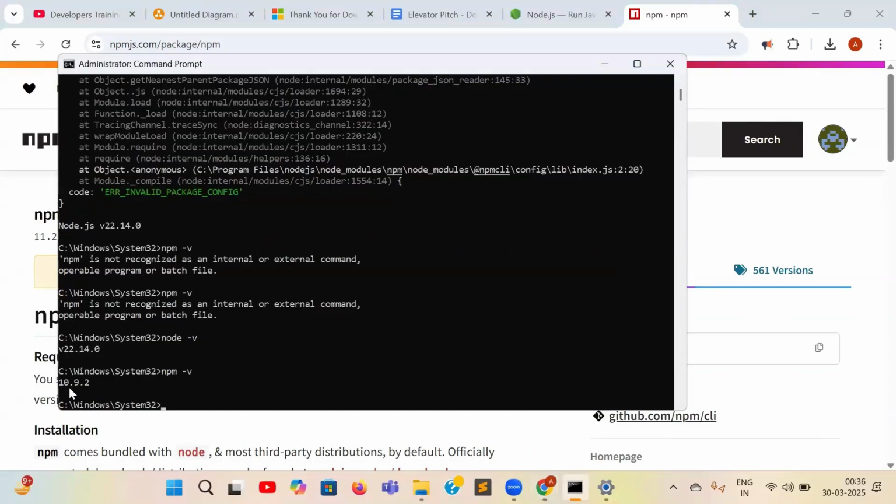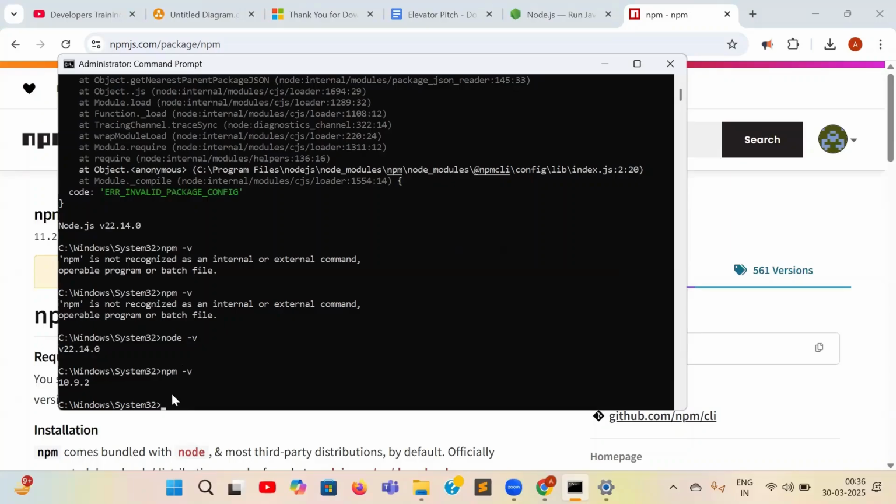Okay, so our version is 10.9.2, but I think it was deployed just 2-3 weeks ago. Okay, so this should not be the problem,